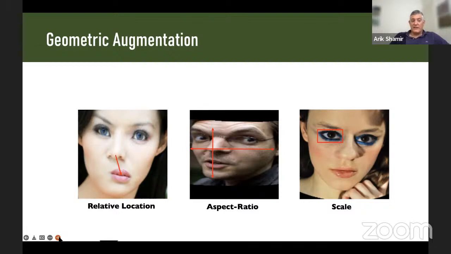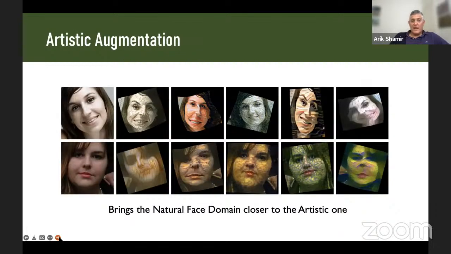This changes the relative location, the aspect ratio, the scale, and so on. What we get is something that doesn't look quite right as paintings or as art, but it does help when you use it for training neural networks.